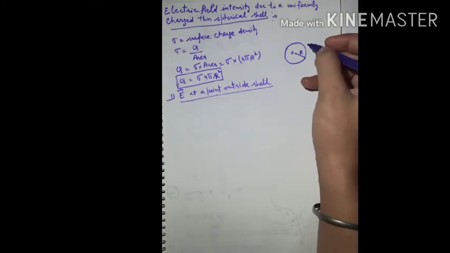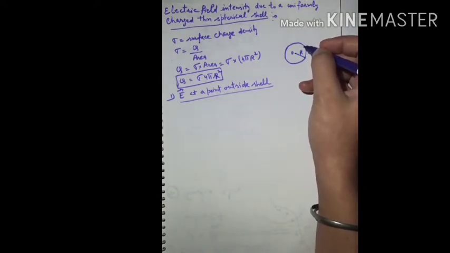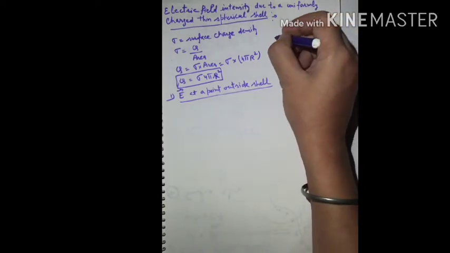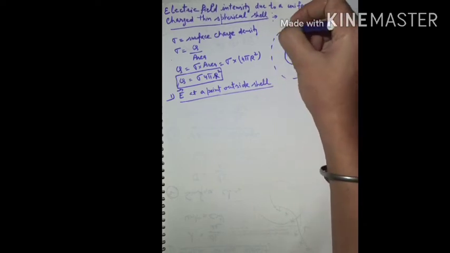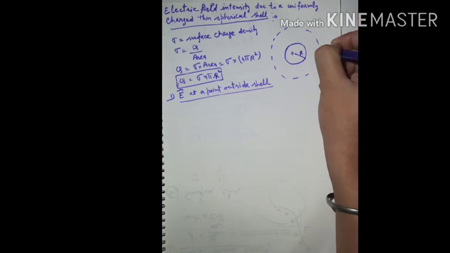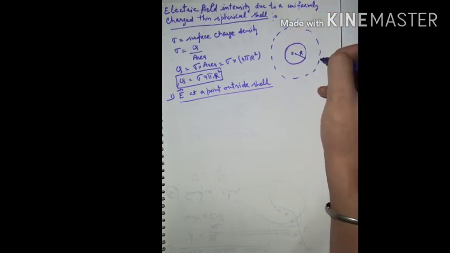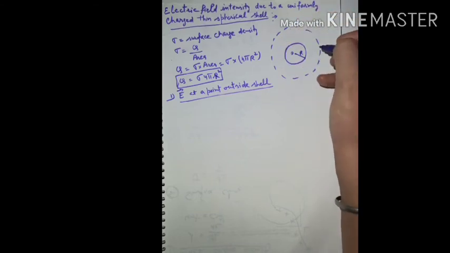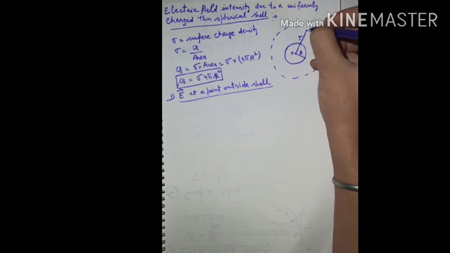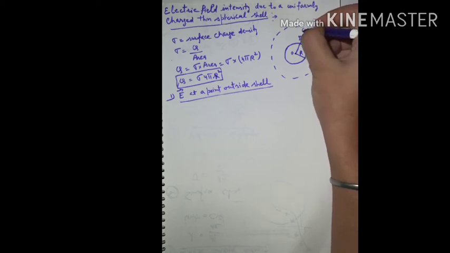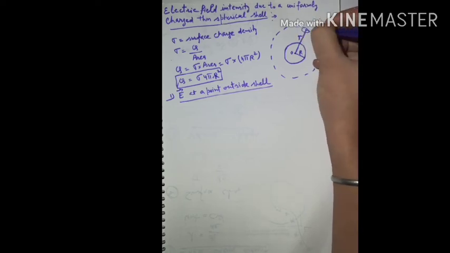Now draw a Gaussian surface with radius small r. This is the Gaussian surface with radius r, with center O. Now consider a small surface area ds